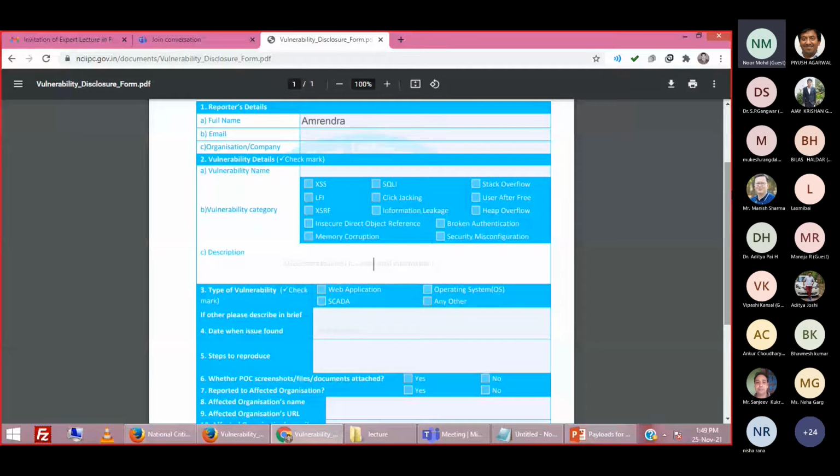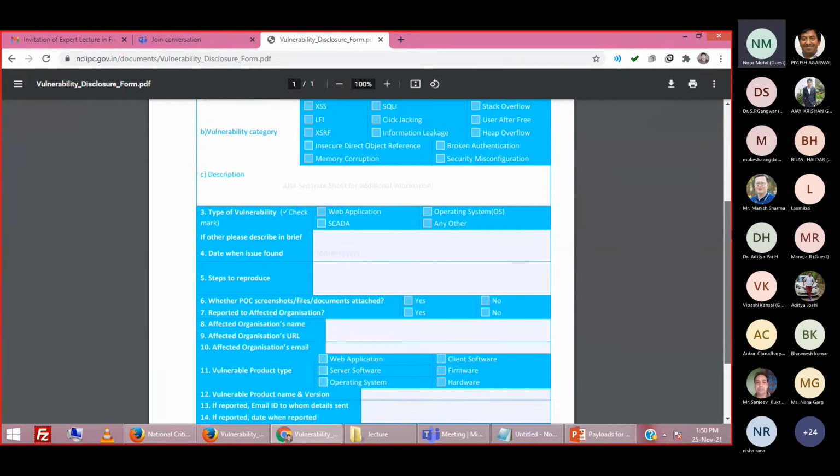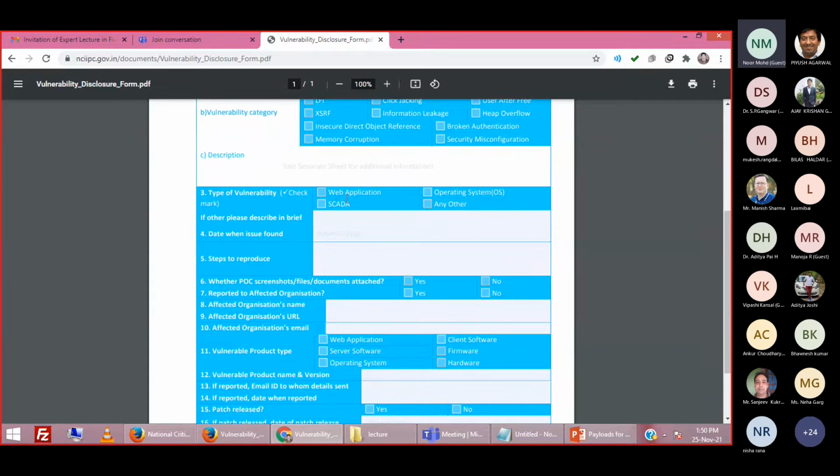You have to record a video or take a screenshot of that vulnerability. If you are testing it, you just put your recording on, record it, and send it as a proof of concept, POC. So you have to attach a POC along with this form. Then you have to check the type of application you have tested, then give brief details about the incident or the testing.